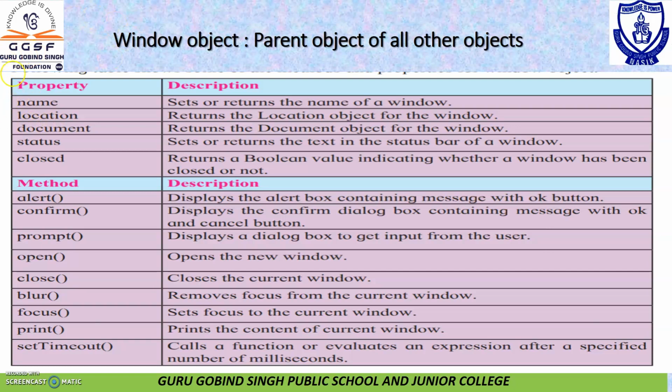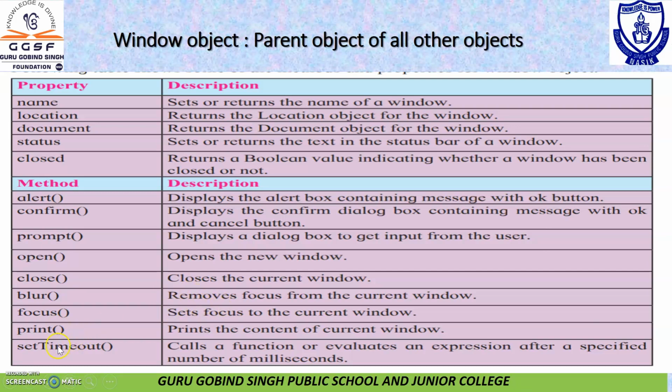You can set a time interval between two functions in milliseconds, as 1 second is equal to 1000 milliseconds. So remember, you have to pass the millisecond value only to this function. In brackets you will give the value in milliseconds. After that interval you can call a different function. So you can have a time interval also with the help of the setTimeout function.